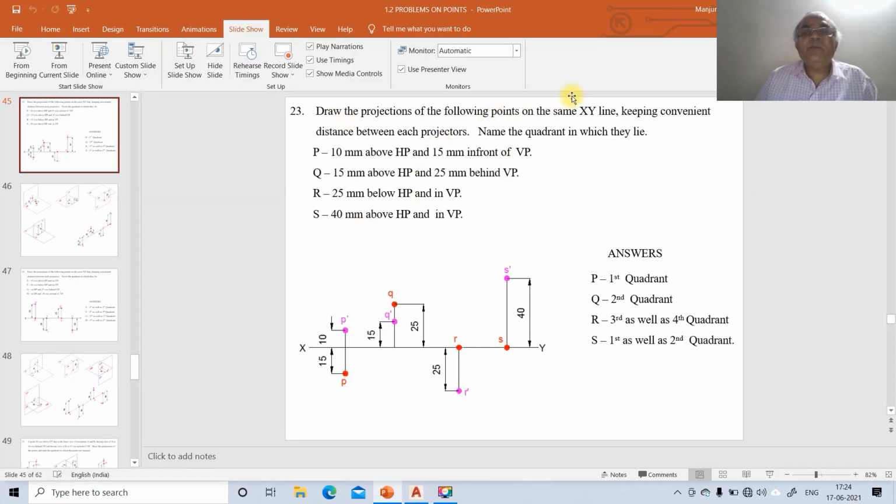23. Draw the projections of the following points on the same XY line, keeping convenient distance between each projector.